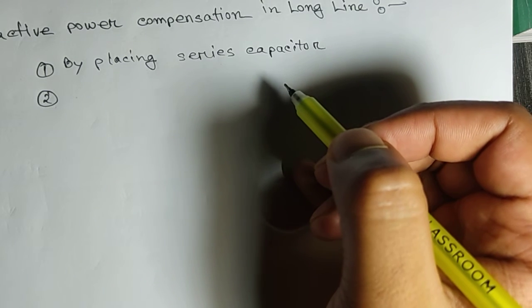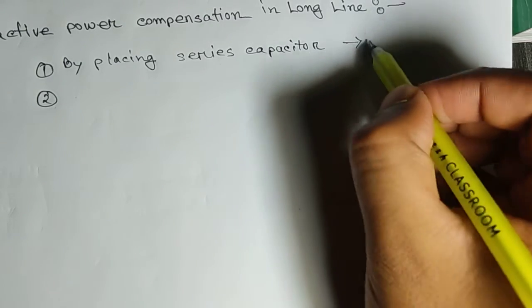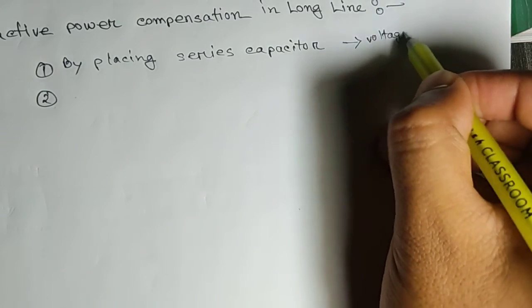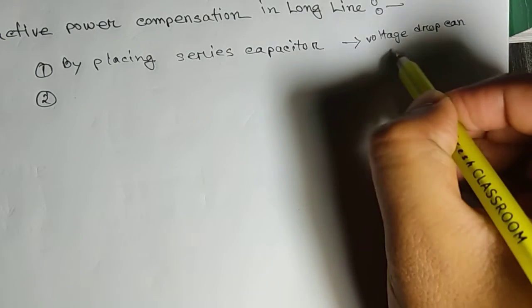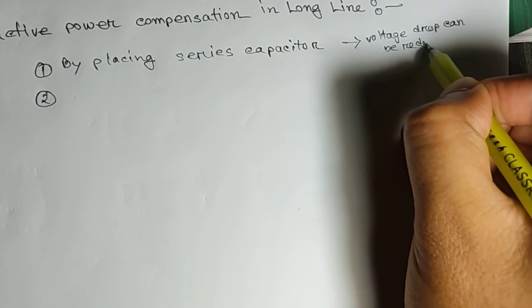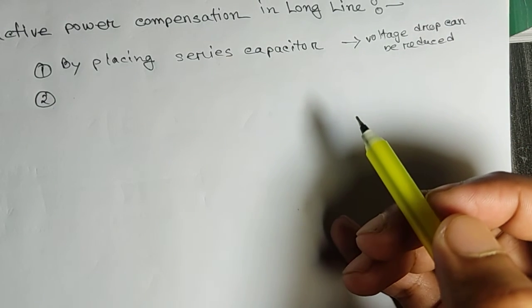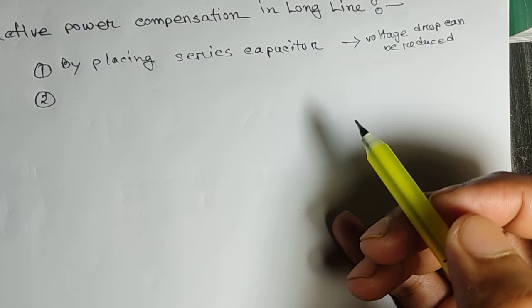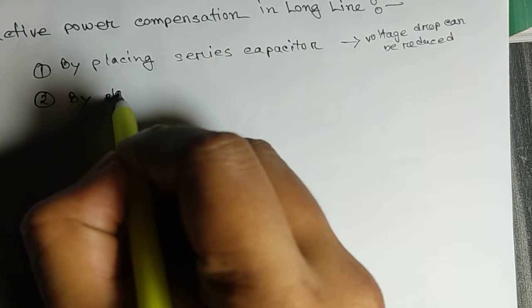So when we place a series capacitor, the voltage drop can be reduced. This is one way of reducing that problem, and another way is by placing